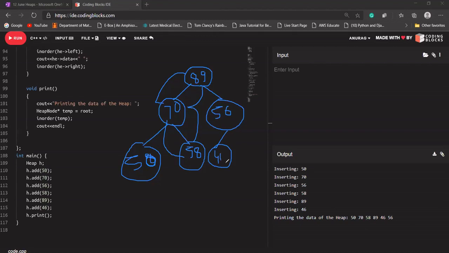Okay. So let's quickly create our in-order traversal for this tree. So our heap will look something like this. Okay, and I'm going to write my in-order traversal. So this 50 will be printed first because the leftmost child will be printed first, then 70, then 58, then 89, then 56, then 46. So the first will be 50,